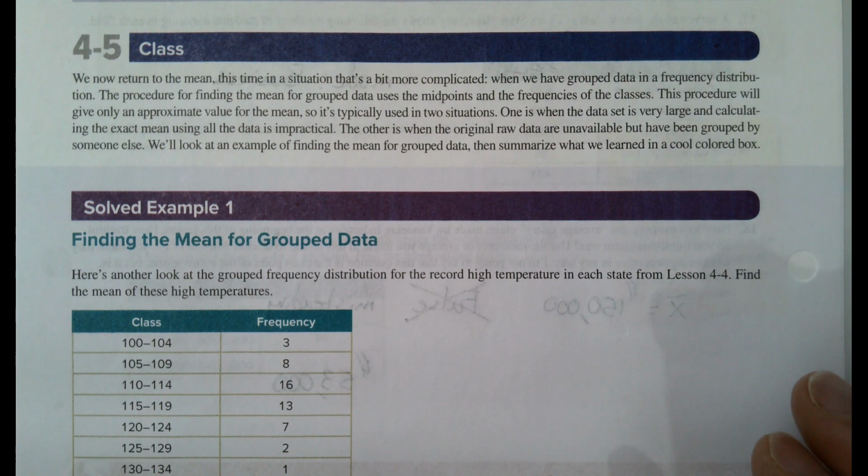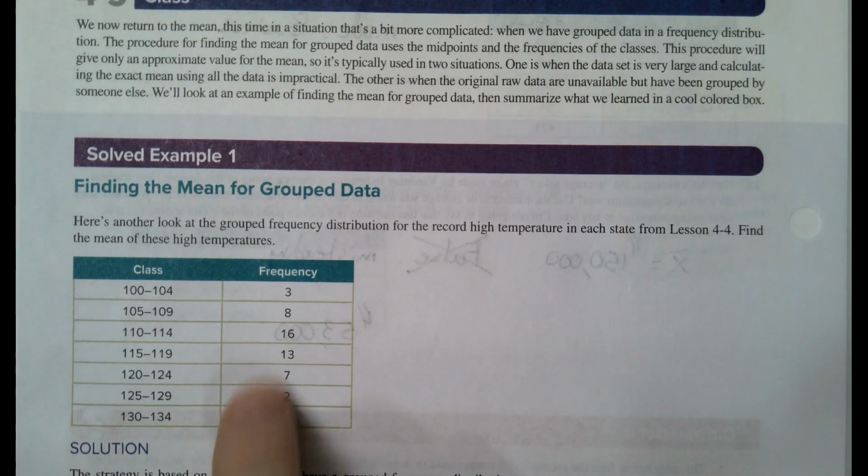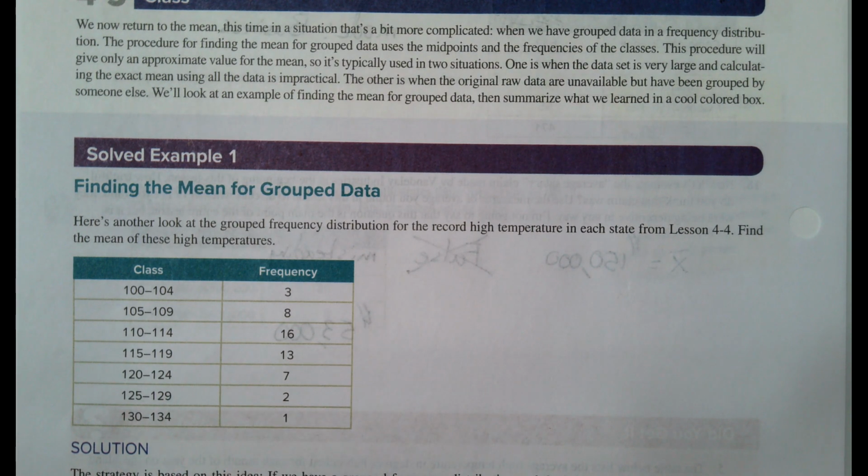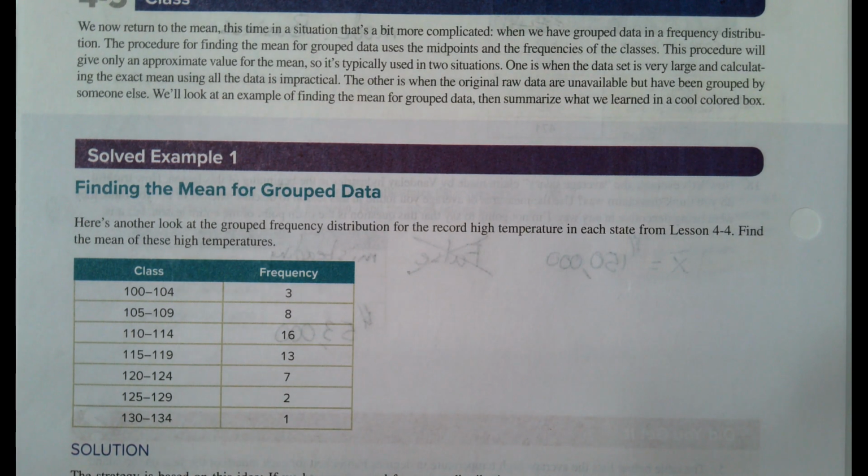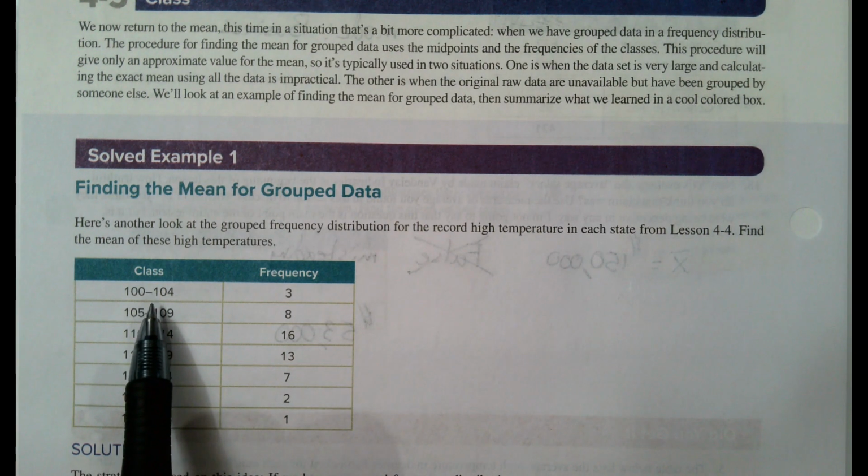Okay, so we've calculated a mean of a data set, but what if we hand you a grouped frequency distribution and ask you to find a mean of this? The problem is you can't find the mean because we don't know the data values. But we can approximate a mean by finding the midpoints of these classes and pretending like those midpoints are the